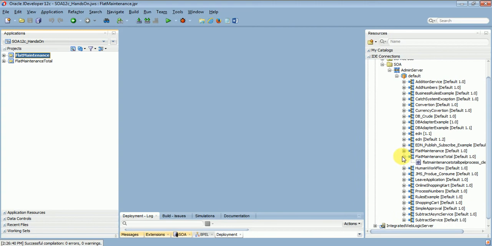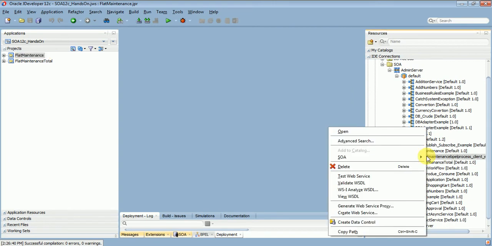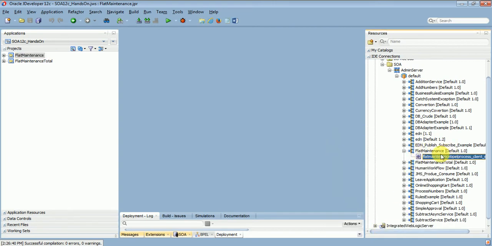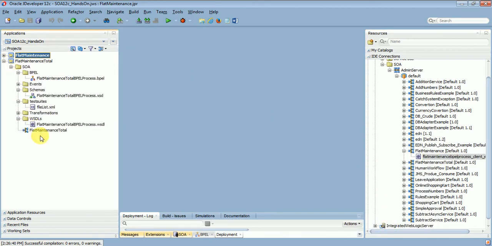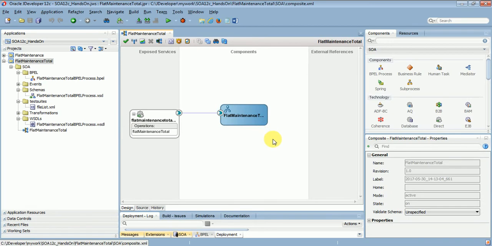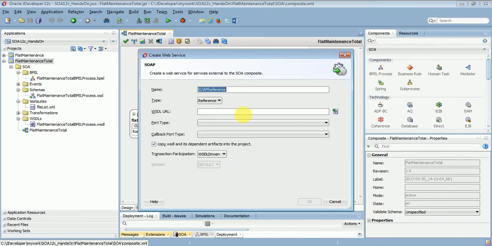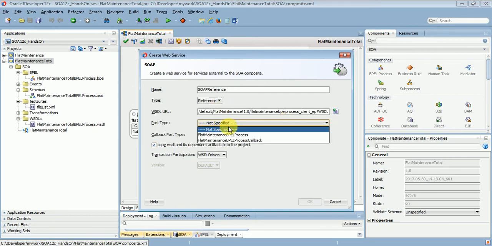Again, copy the flat maintenance digital path, and open your flat maintenance total service. Now drag and drop the SOAP adapter, or you can use it here also. Now what operation do we need to set? So we want to set the flat maintenance BPL process, and I'll copy as a flat